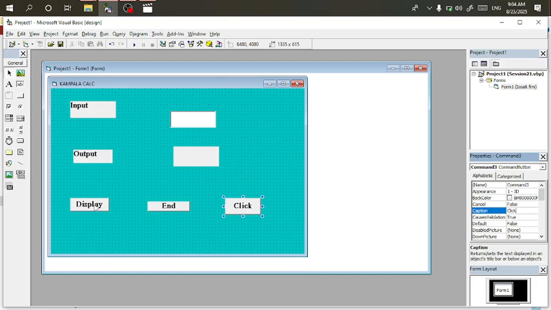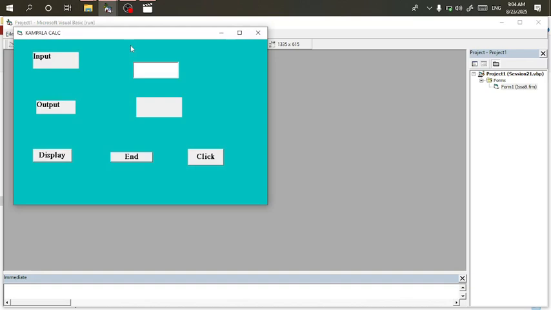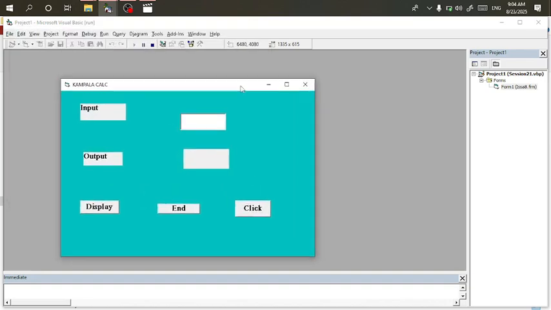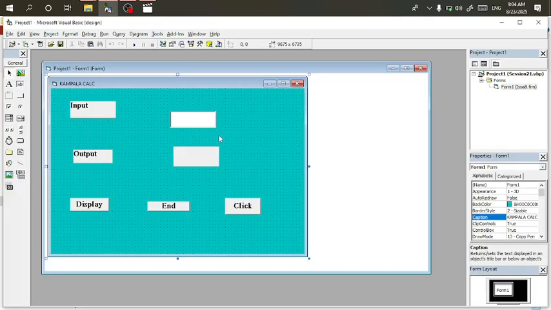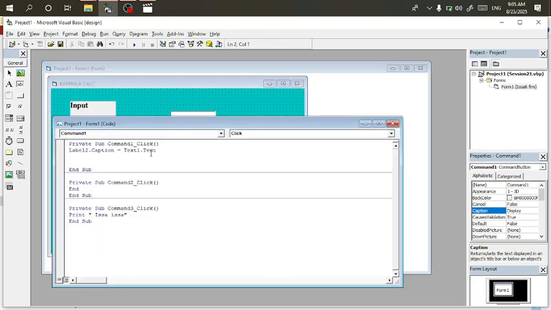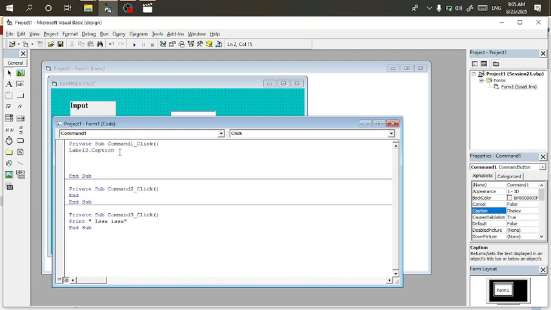So for the case of display, when I run, you see this is what I'm getting. So let me first stop running. I go back to the development environment. Then I come on my first command. I double click on it. I will be telling this command to display what is in label 2. So I will tell it equals